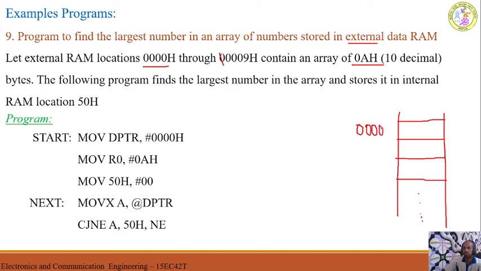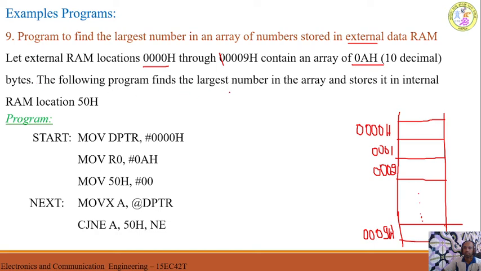Let the address of this memory location is 40H and this is 00, 01, 00, 02, 00, 03 and so on. This is how it repeats, and the last memory location will be equal to 0009H. This is the last memory location.